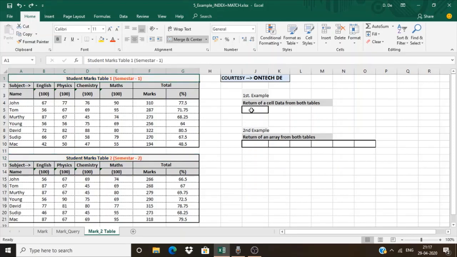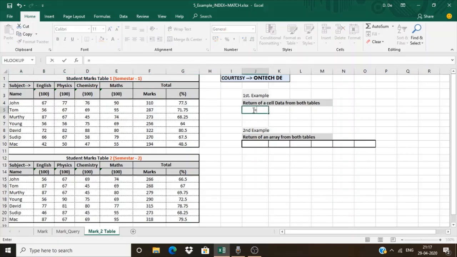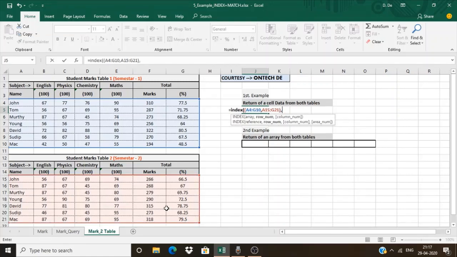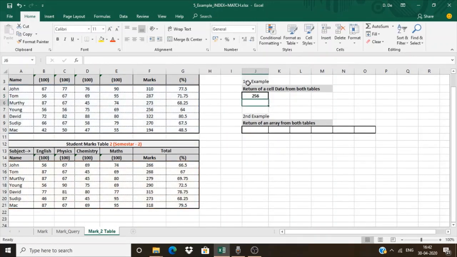When I try to fetch the value of one cell, as in first case, I write here is equal to index, open parenthesis, again open parenthesis, select first data range, comma, select second data range, close parenthesis, comma, next row number, say 4, comma, column number, say 6, comma, then put 1 for area number as mentioned in the syntax,